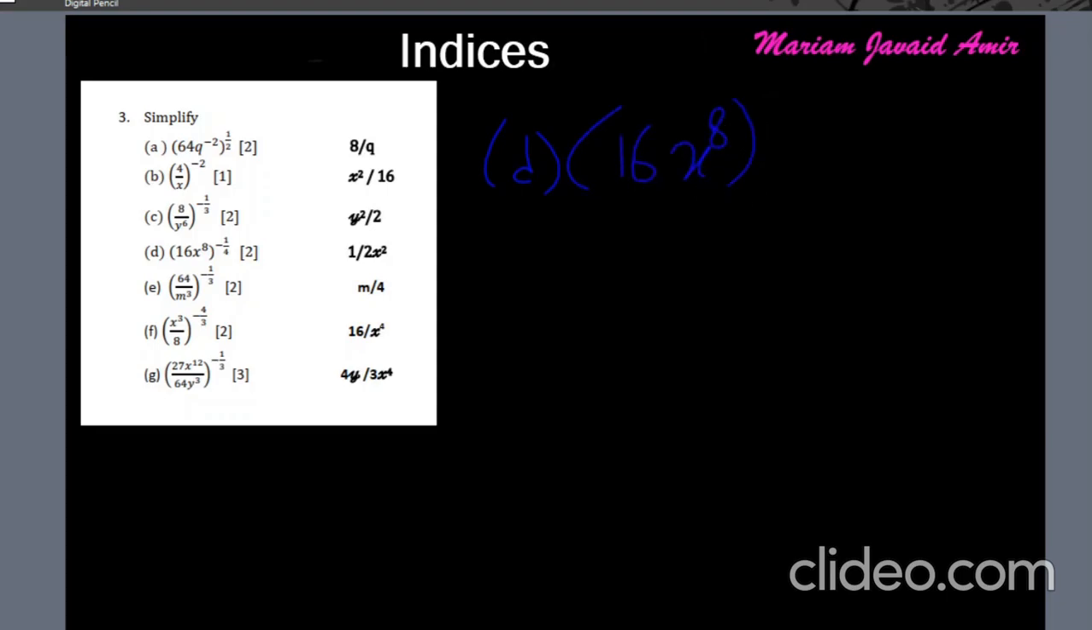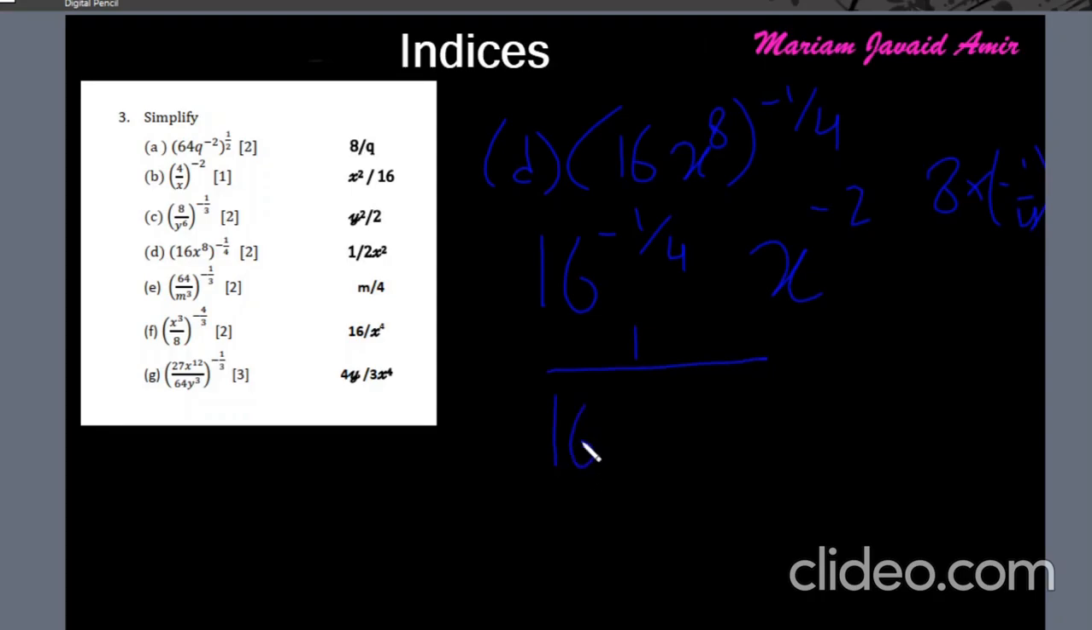16x power 8, minus 1 by 4. This is part D. So 16 power minus 1 over 4, and x power 8 times minus 1 by 4 is minus 2. So now take both of these to the denominator so that the powers become positive. Now the 4th root of 16 is 2, since 2 times 2 times 2 times 2 is 16, or you can enter this in the calculator, 16 power 1 over 4, and you get 2, and we have an x square with it. Part D,